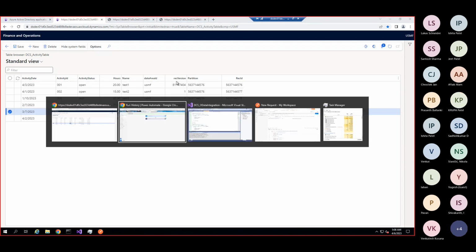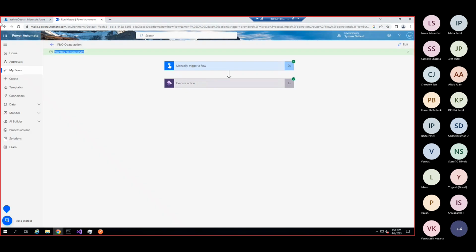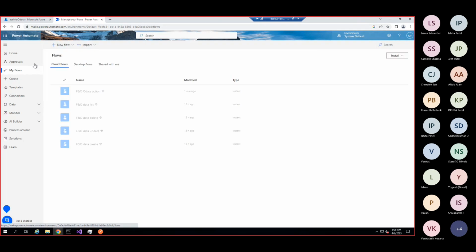Now we'll see the flow for create. Let me go back. So you can create any OData actions and run any of them by using this flow. Now we'll go back to the PPT.